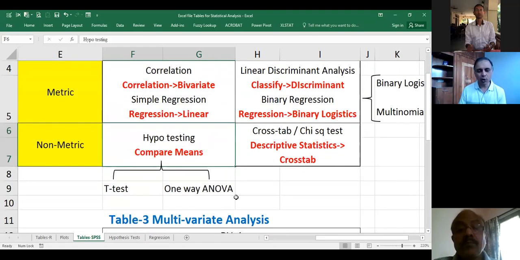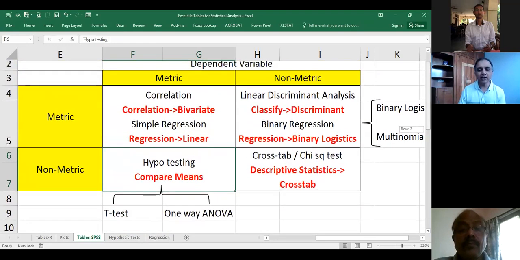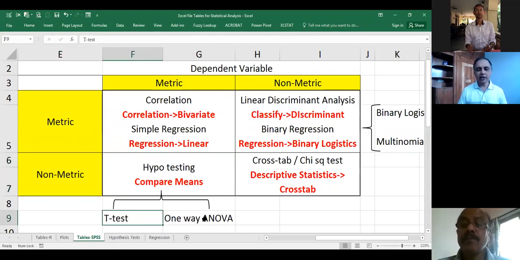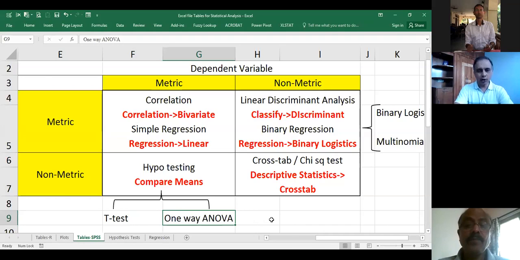And there is one more point, how many categories are there? Remember, non-metric is also called categorical, non-metric is also called MCQ or binary. How many options do you have? If you have 2 options only, for example, I ask the question, are you in stress? Yes, no. If the answer is yes or no, only 2, then 2 are the categories, 2 are the options. If 2 are the options, we use t-test. If there are 3 options, we use one-way ANOVA.